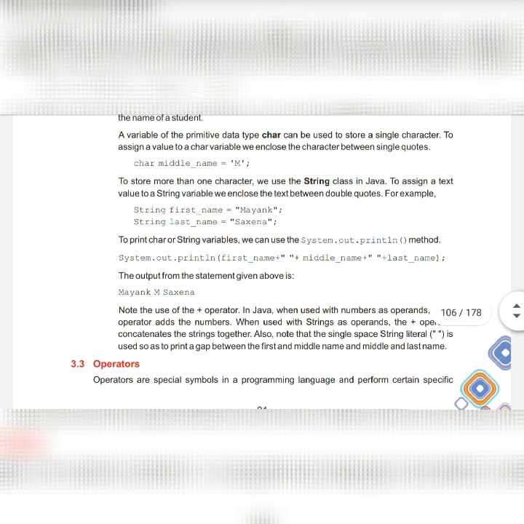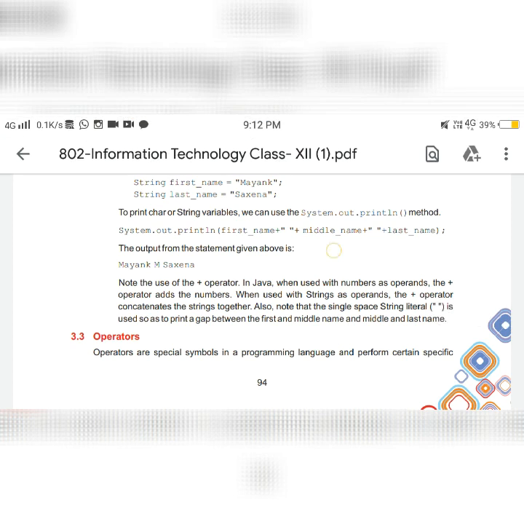And what do the double quotes mean? The double quotes with a single space are a string literal, used to print a gap between the names. It means first name Mayank, then a space, double quotes are for the space, then the middle name, whatever you write, and then a space, and then the last name, that is Saxena.